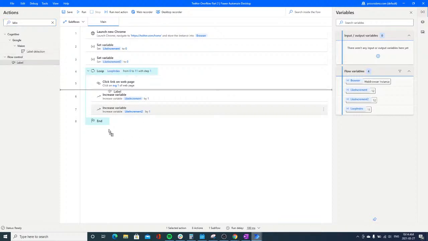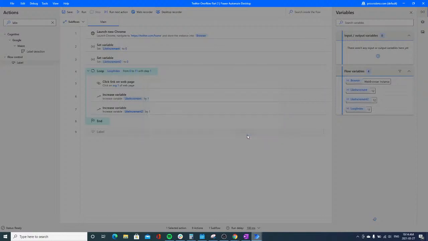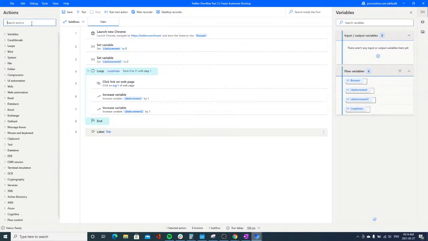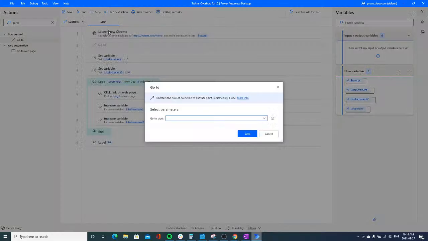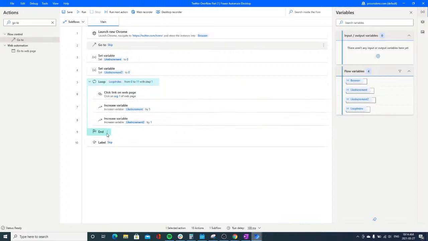So we're gonna add a label so that when we start our process, we can just skip to this label, and we don't have to worry about executing everything else. So we are gonna put this right here. So we're gonna open Twitter, and then we are gonna skip directly to our label right here. So we're gonna just skip all these steps of liking, and then we're gonna continue